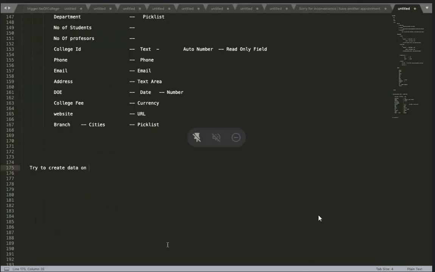Data on account, opportunity, account, opportunity, order, contract, code, product, Facebook.